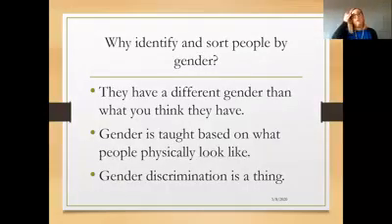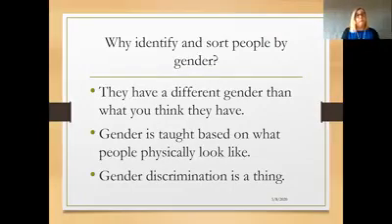So one of the challenges is sorting and identifying people by gender. And I want to acknowledge first that this is easy. This is an easy thing to do. So teachers will often say, all the boys line up here, all the girls line up here. We sort people by gender in public by using female bathrooms and male bathrooms. The tricky thing with sorting people by gender is it's a little bit weird, because we can sort people by a whole bunch of other things and we don't.